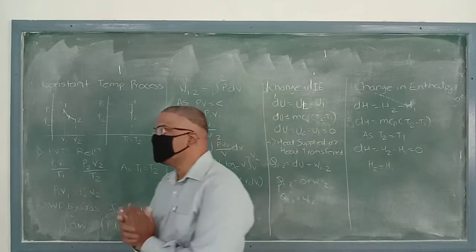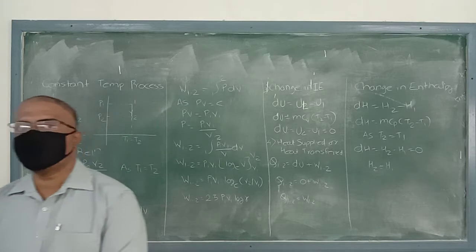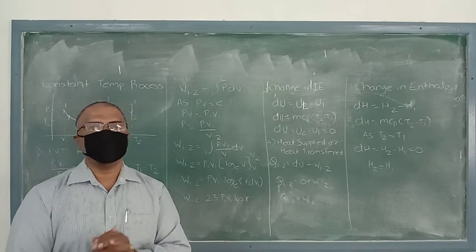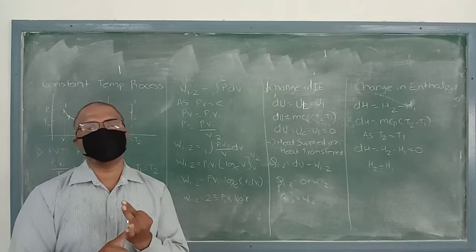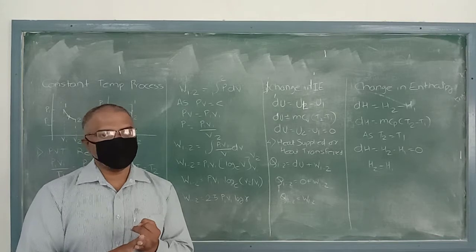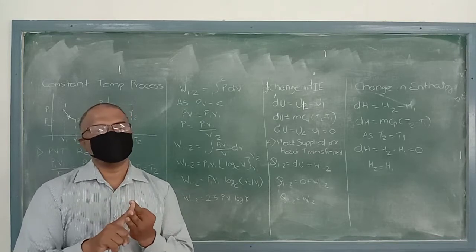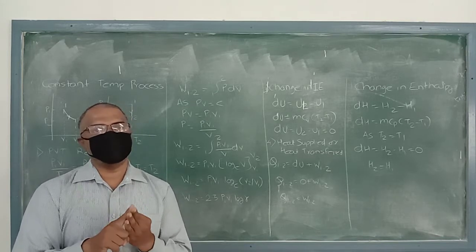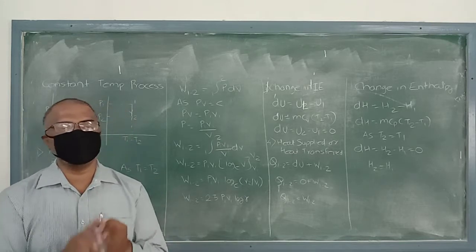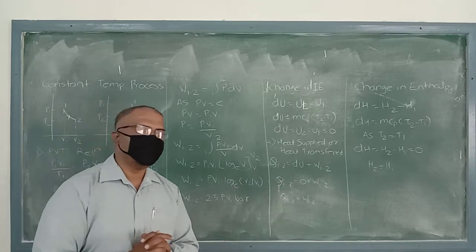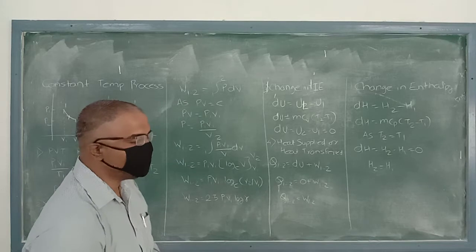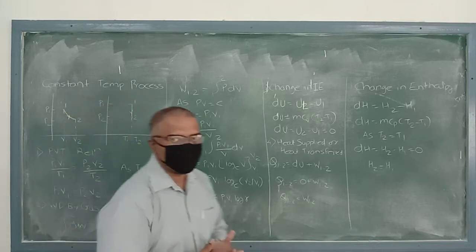Now in this isothermal process, the change of internal energy is also zero. So there are three factors: no change in the enthalpy, no change in the internal energy and no change in the temperature. So temperature, enthalpy and internal energy remain constant during the isothermal process. Now one by one we are going to discuss the work done and the